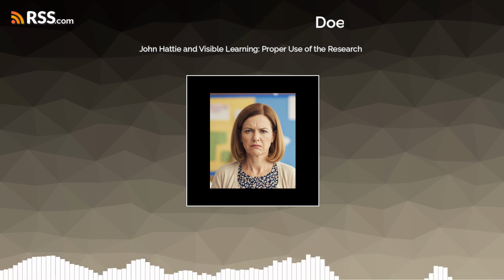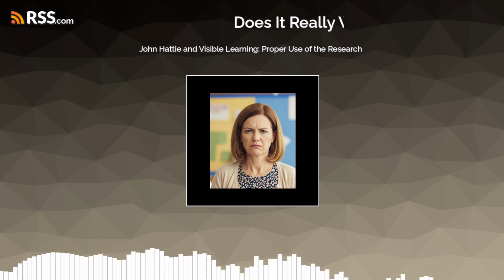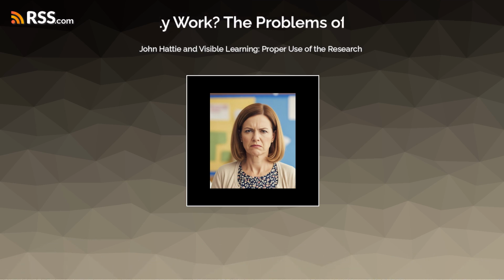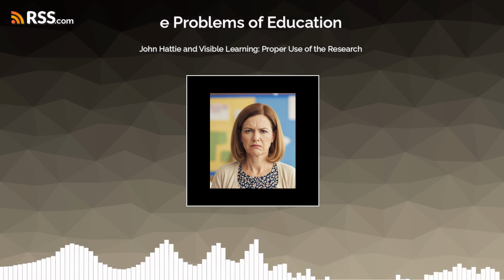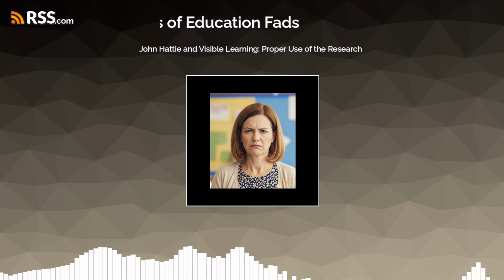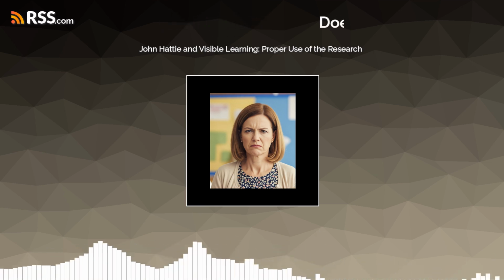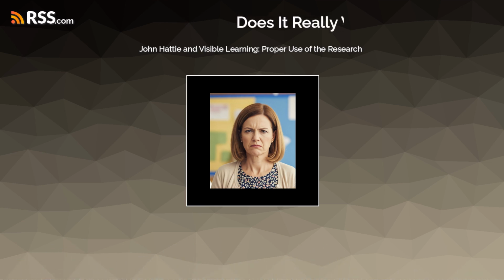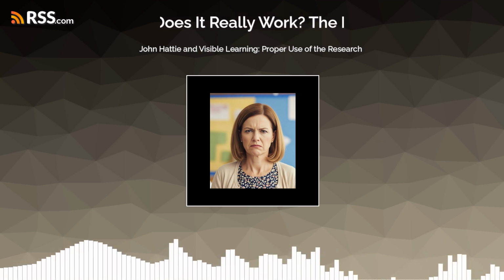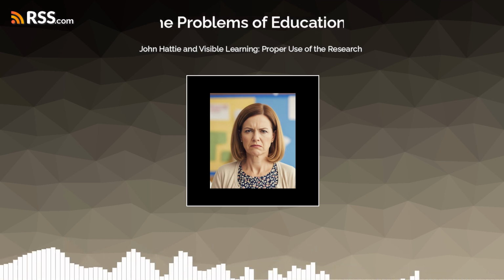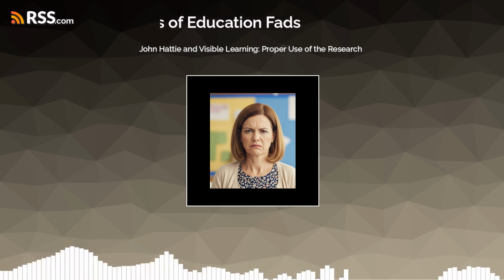And then, of course, there's that much debated hinge point of 0.40. Right, the magic number for the zone of desired effects. Yeah. Robert Slavin, another really respected researcher, strongly critiques Hattie's reliance on this specific number. He argues it misses the essential meaning of effect sizes. How so? Slavin contends that even seemingly small effect sizes, maybe plus 0.15 or plus 0.25, can actually be very